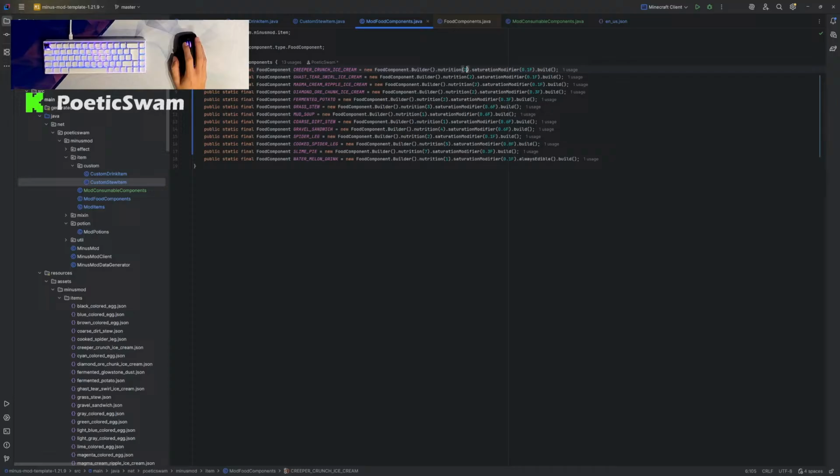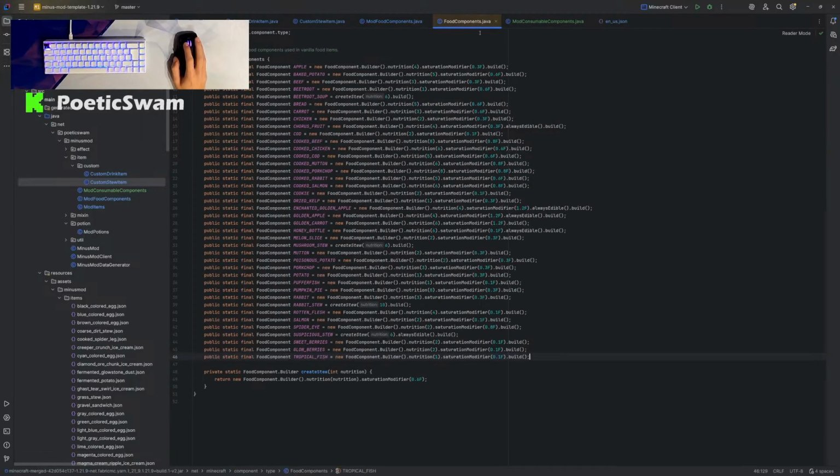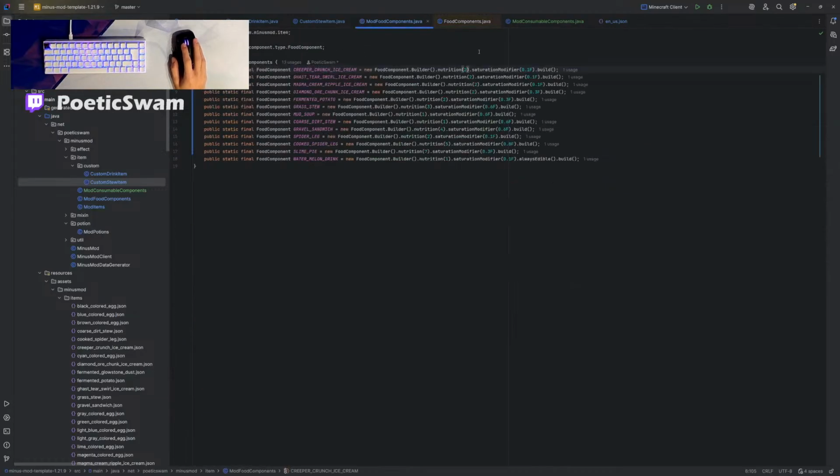On the ice cream, however, I'm not sure, because in food components we barely have anything that actually has 2. This is equal to a poisonous potato, a melon slice, a cookie, cod, raw chicken. Oh, there's actually quite a lot more. Spider eyes, sweet berries. These are all better or equal, because this is literally the worst this can get. So this is a really bad food. Ice cream is a really bad food